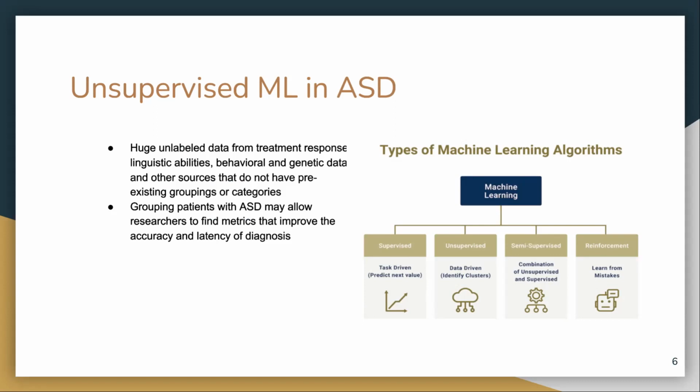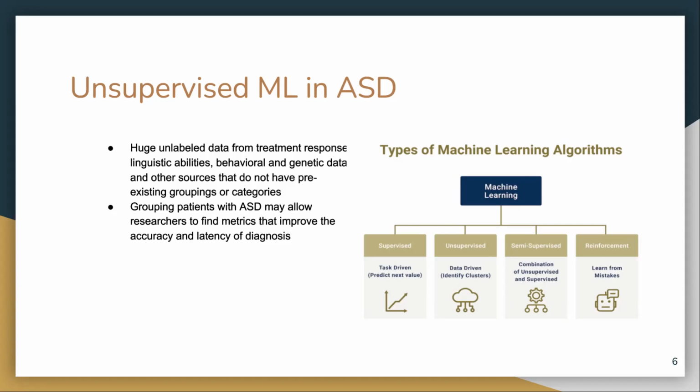Semi-supervised learning involves a small number of labeled examples and a large number of unlabeled examples. And reinforcement learning learns from its own mistakes. While there have been many applications of supervised machine learning with autism spectrum data, unsupervised methods have also been used in ASD research. Unsupervised machine learning includes methods such as clustering and dimensionality reduction that aim to find the latent